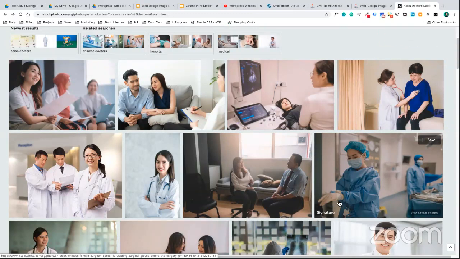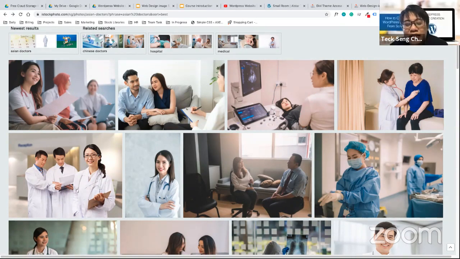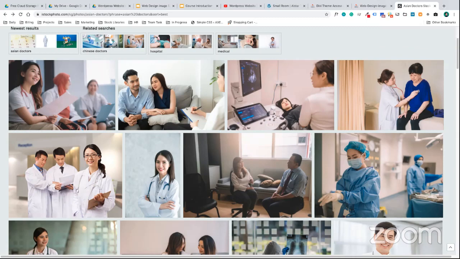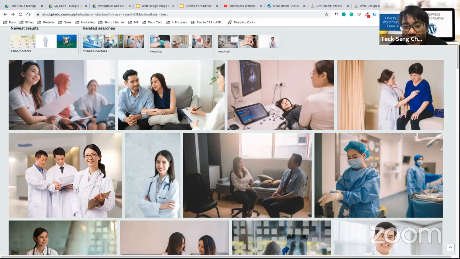But do the images actually affect our ranking or not? I see some websites that have no images at all, but they can do very well. Images won't affect your ranking. Maybe probably the slide, or the content, more content? Images will not affect your ranking. The choice of images will not affect your ranking.